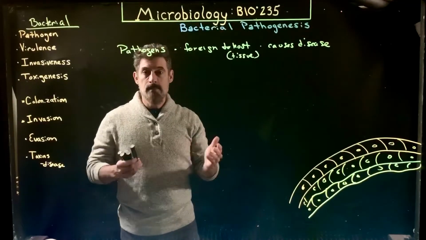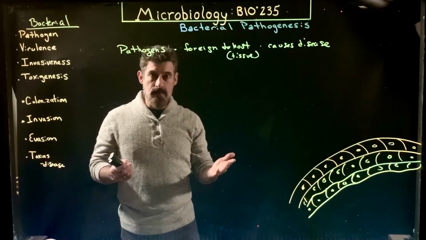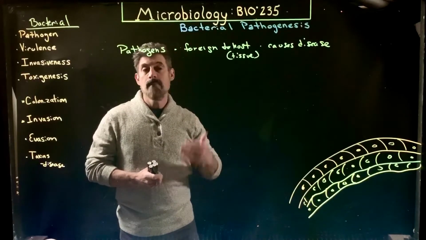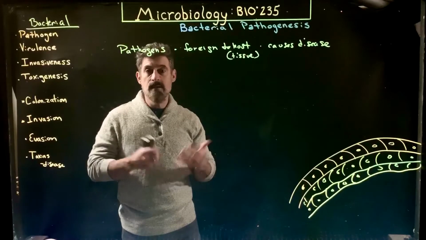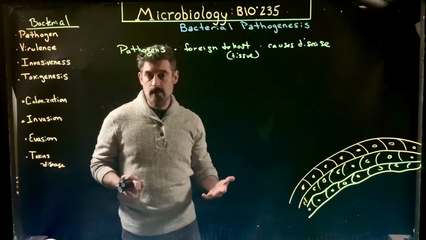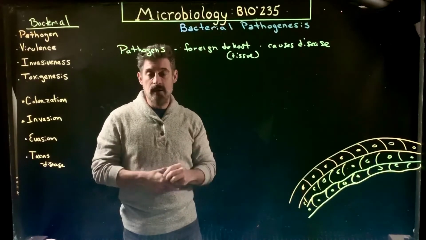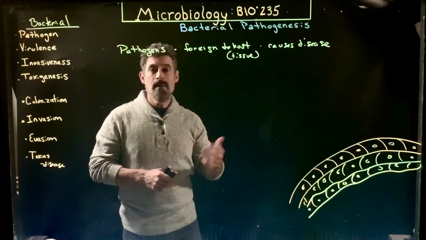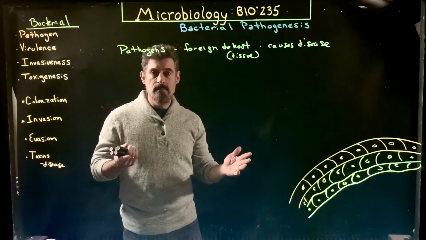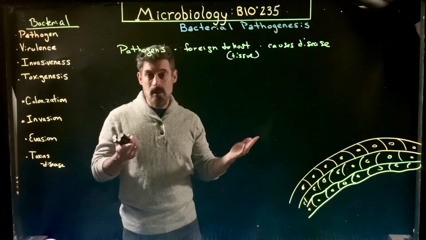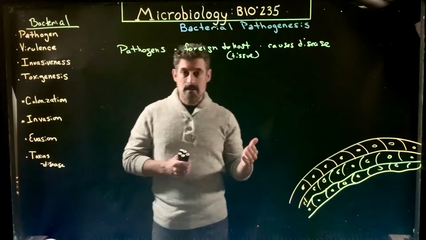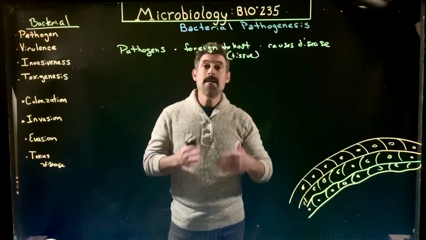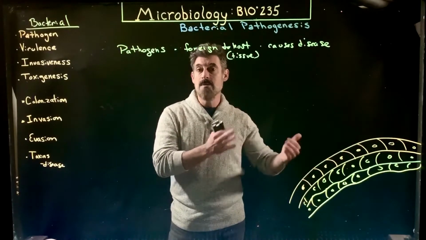So for example, there's some bacteria that typically don't colonize your body. If they're introduced to your body and they have no effect on you, then nothing happens. They're soil bacteria that are completely harmless. They're not part of you. They don't typically colonize your skin or any part of your digestive tract. But if you were to ingest them or get them on your skin, they have absolutely no effect. Those are foreign bacteria, but they're not pathogens at all. There are other bacteria that, when introduced onto your body, can cause disease. So these are the pathogens.